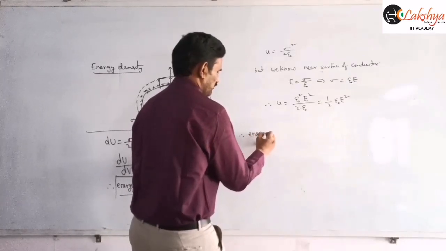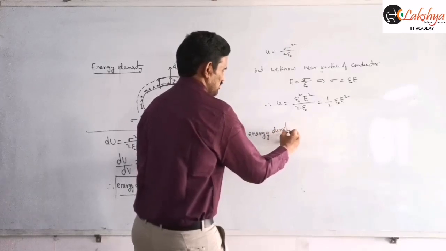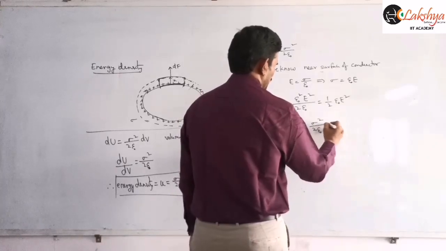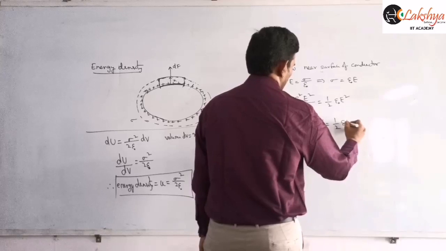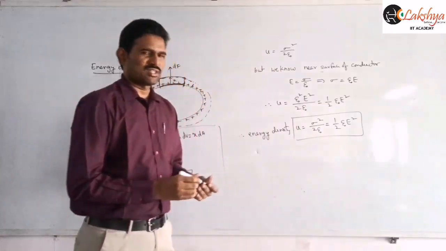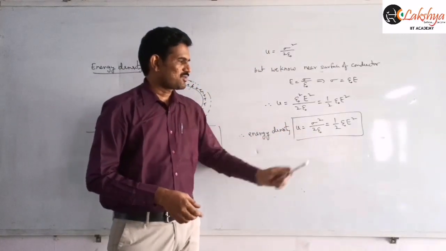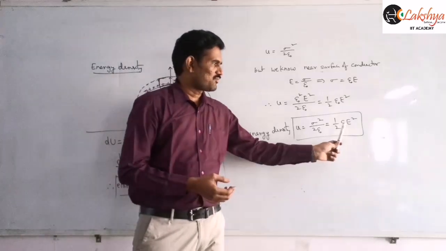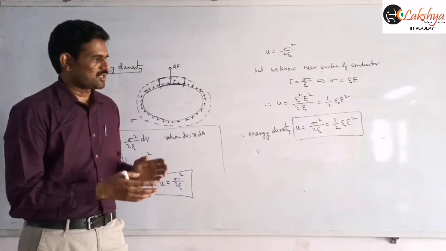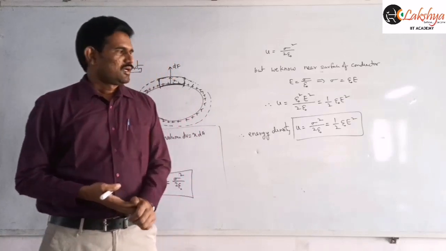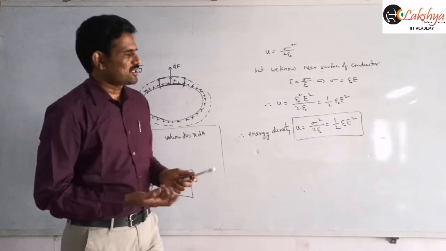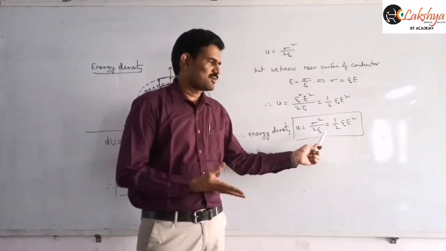So therefore this energy density u is equal to sigma square by 2 epsilon naught, which is equal to half epsilon naught E square. So this is our energy density formula. That means if you are writing in terms of surface charge density, you can write sigma square by 2 epsilon naught. Or if you are writing in terms of the electric field, then you can write half epsilon naught E square. That is the energy density in that electric field, right? And both are numerically the same. So whenever the electrostatic pressure is required, electrostatic pressure is also sigma square by 2 epsilon naught, which you can also write as half epsilon naught E square.